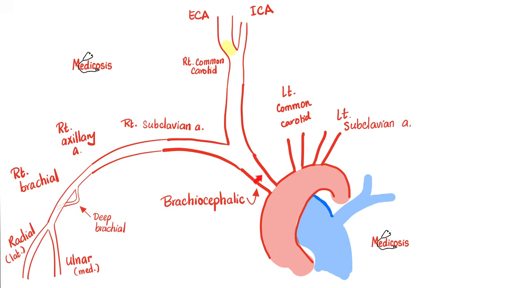More anatomy. Here's my brachiocephalic artery, which will divide into right subclavian and right common carotid. The right subclavian artery will later become the right axillary artery in your smelly axilla. Then the right brachial artery. Then it will divide into radial and ulnar arteries on the right side. As for the right common carotid artery, it will divide into external carotid artery for your face and internal carotid